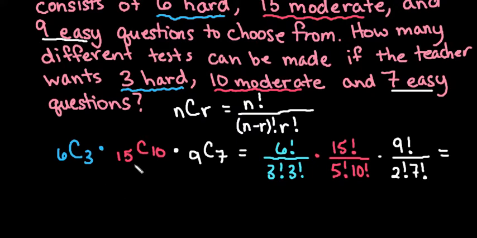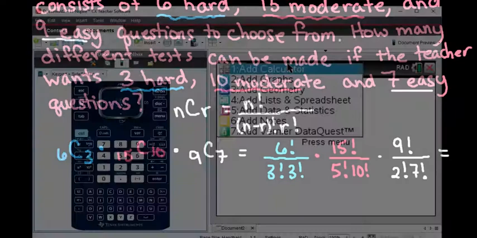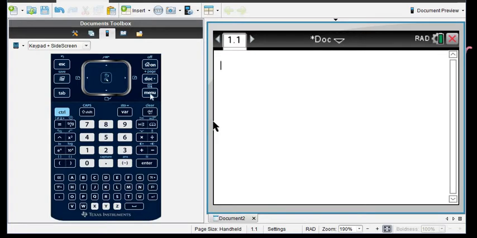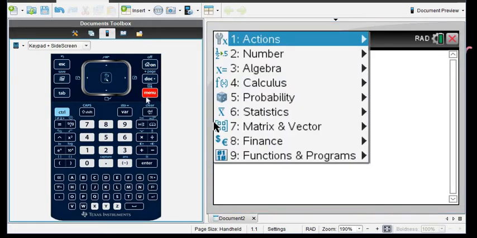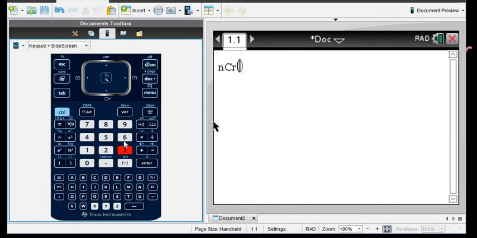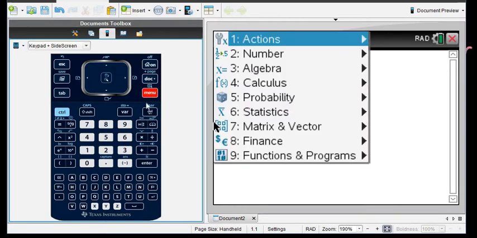So what I'm going to do is plug this entire thing into my calculator. So I'm going to grab a calculator. And what I'm going to do is hit menu and go to probability, option 5, and then I'm going to choose option 3, combinations. So that was menu, option 5, probability, and then option 3, combinations. So I'm going to put in the first one, which is 6 things taken 3 at a time. And then I would do times,